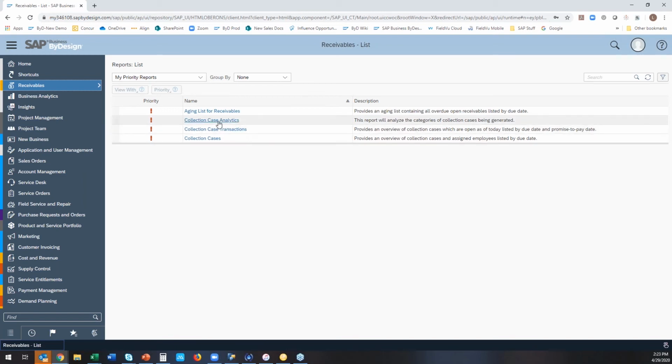I also created off of this data source collection case analytics, because I kind of think from my perspective, if I was to look at this and, you know, why am I doing all this work? What do I want to figure out of this? Why are people not paying? Is it due to the fact that maybe my payment terms are too short? Maybe I'm not offering incentives like discounts for early payment. Maybe all of my master data is messed up and I don't have the right emails or the send methods